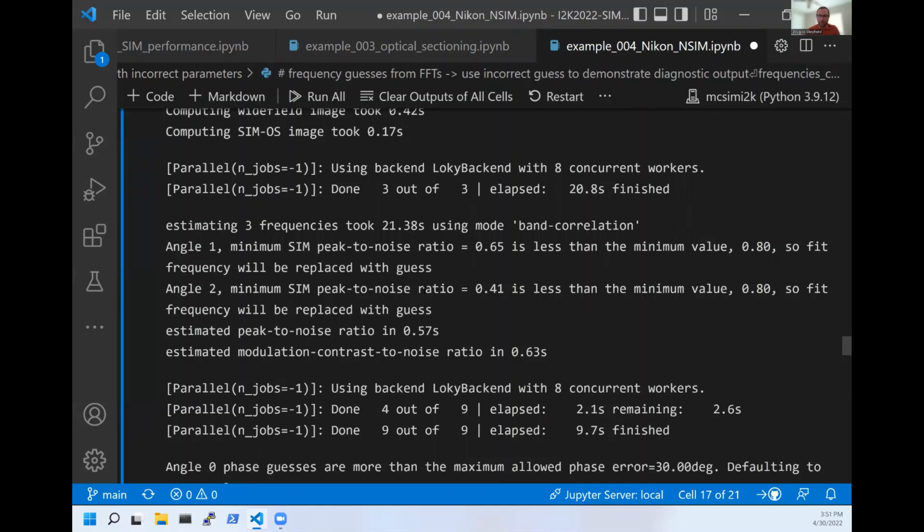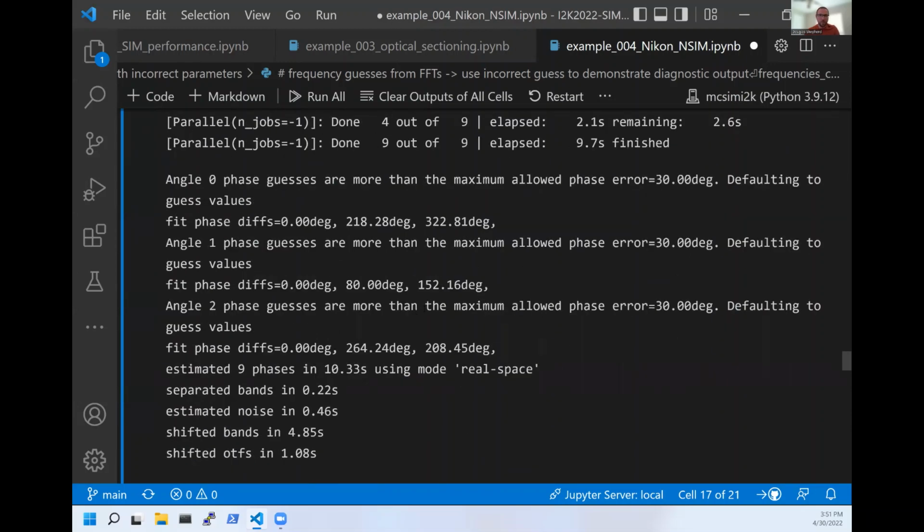This most likely means the reconstruction will fail. You really shouldn't ever be seeing this error message if everything is set up correctly. You always should be able to find the peak if you've picked those numbers correctly. The second important piece of information the mcSIM will hand back is that the attempted optimization over the phases failed